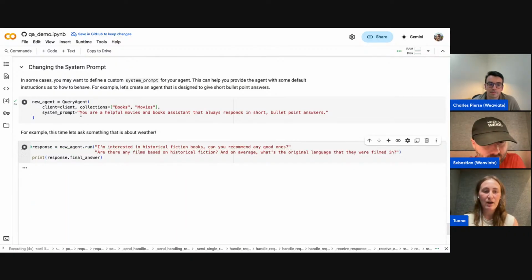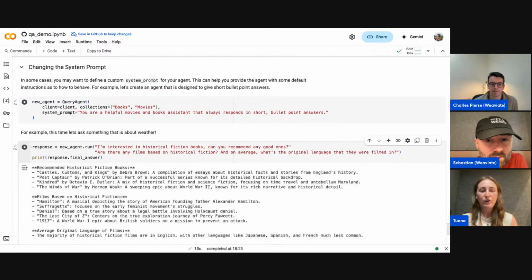So in this case, I have set the system prompt to be, please respond in short bullet point answers. So hopefully every time this runs, it should be responding in short bullet point answers. I could have also changed this, and this is another example I've given in the past, where we ask it to respond in the incoming user query's language. So in effect, we've built a multilingual agent at that point.